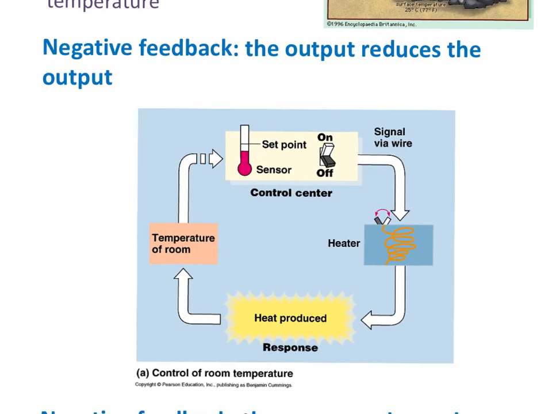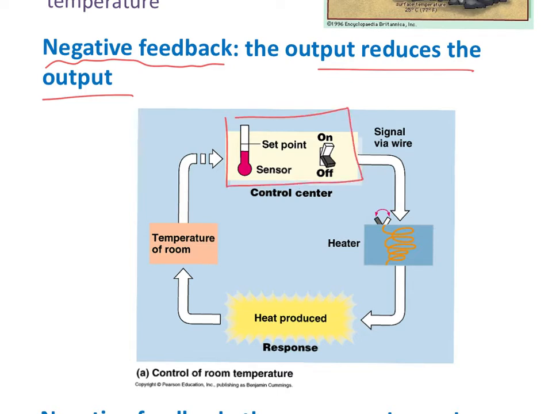In an endotherm that does regulate temperature, we call that regulation negative feedback. You will be responsible for seeing a variety of examples and identifying if they are positive or negative feedback. First is a non-biology example. Negative feedback: the output reduces the output. So an example of that is like the thermostat in your house, which works with your furnace to heat it. You set a specific temperature. Your furnace works to maintain that temperature.